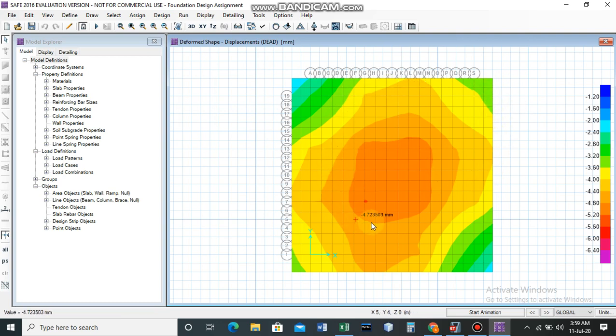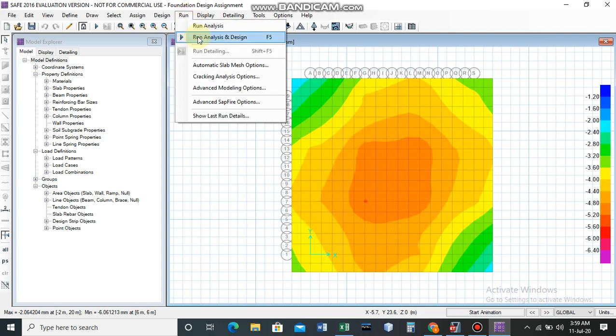The color here shows the various displacement of the footing, and the values for that color can be interpreted using this bar. Also, on putting the cursor on the footing, you can observe the values.